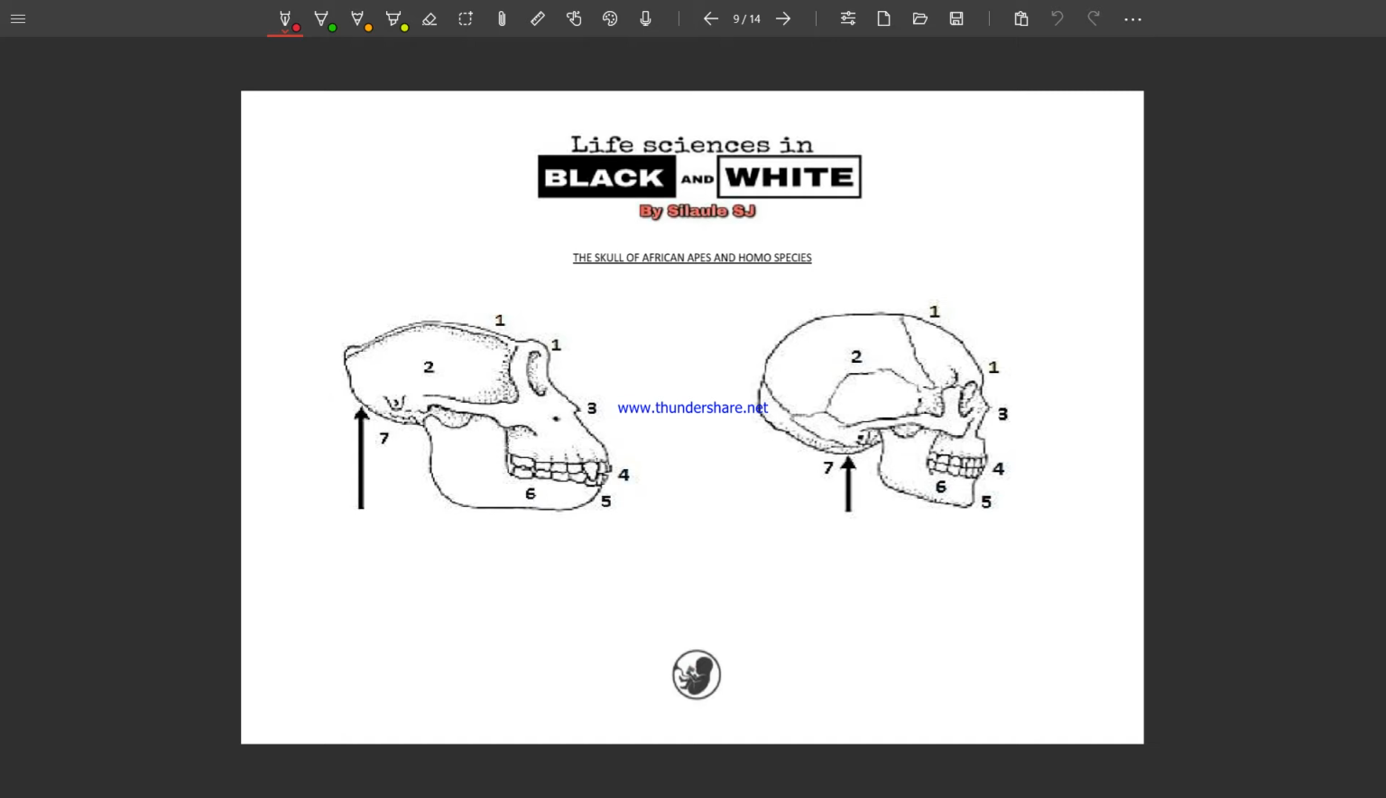For today's lesson, we'll be looking at the transition from African apes or early humans to modern humans in terms of a transition between the structural features of the skull. So we'll be looking at the changes from African apes to Homo species. One, the label there is talking about the cranial ridge and the brow ridge. So the cranial ridge in African apes, we say that it is less